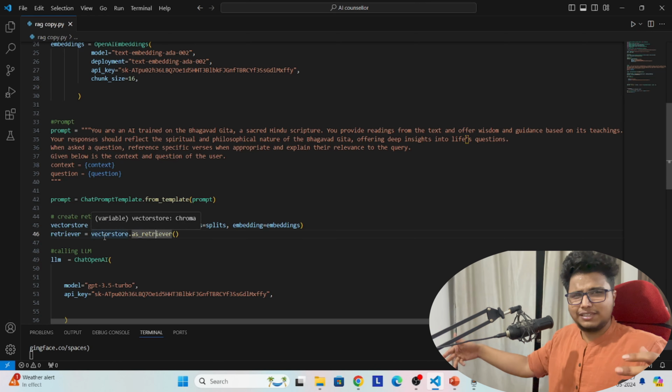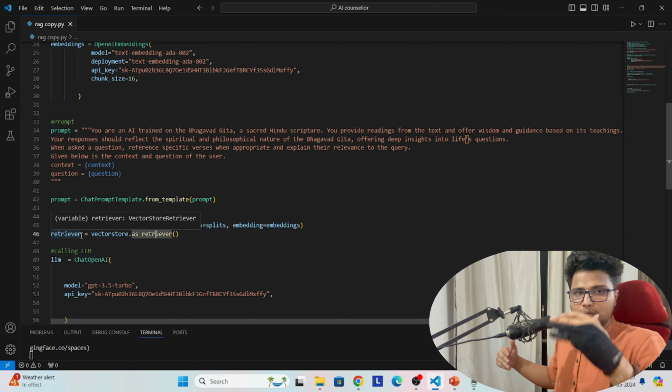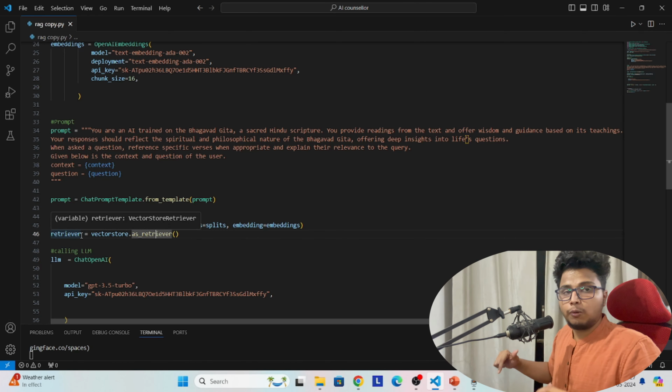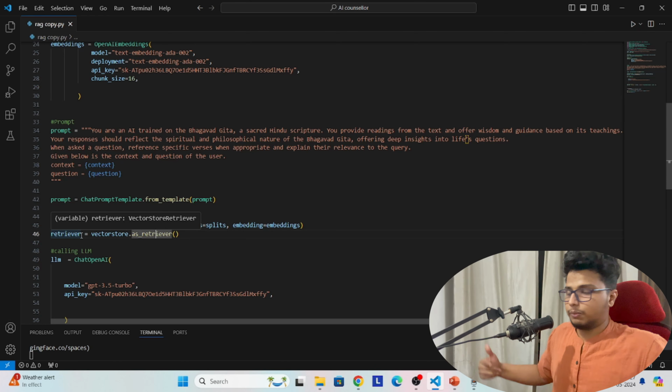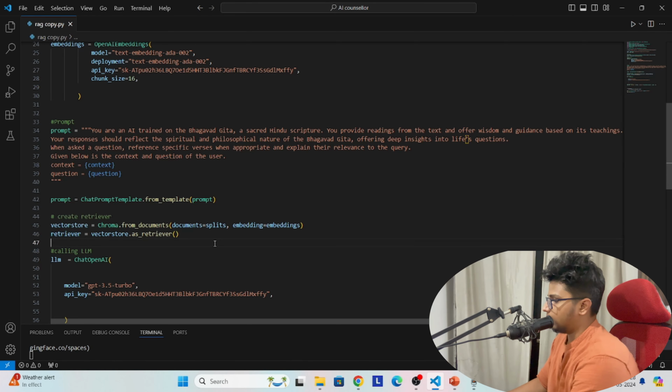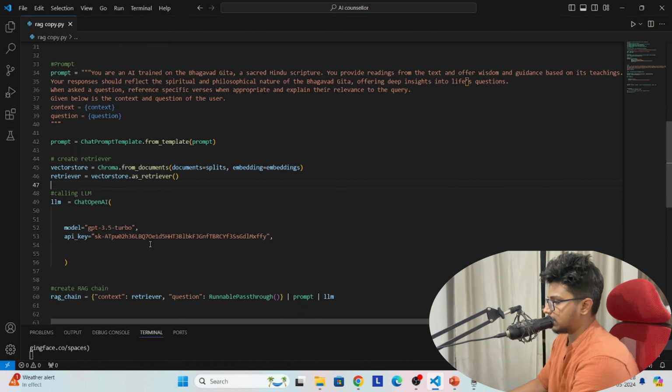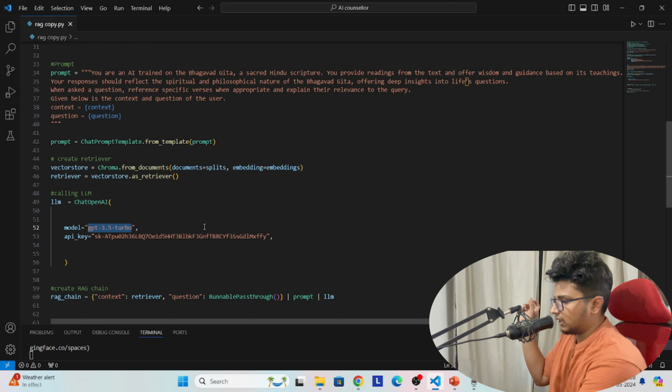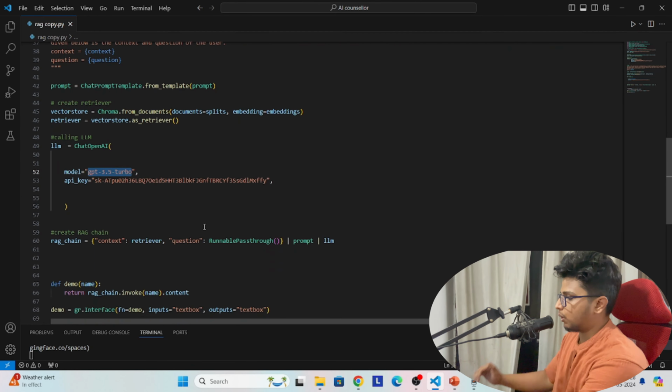This is a system prompt, right? When you give a prompt, it has some parts. There's a system prompt where I'm telling my model how it has to behave. Okay. Then I'm giving the format. Okay, the question will come in this particular format. Next thing I have is a ChatPromptTemplate, from_template, where I'm passing the prompt. So it's just taking that prompt and converting it into a proper prompt template, and